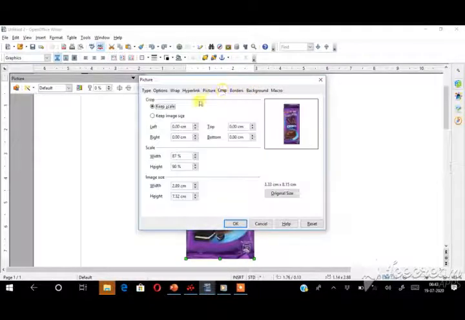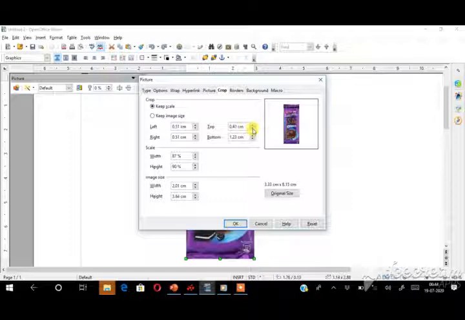Here two options will be displayed. One is the keep scale, another one is the keep image size. First I explain keep scale. Here in the keep scale you can increase and decrease the value of the left or right. It has four options: left, right, and then top, and then bottom also. You can increase and then decreasing value also possible. See here,